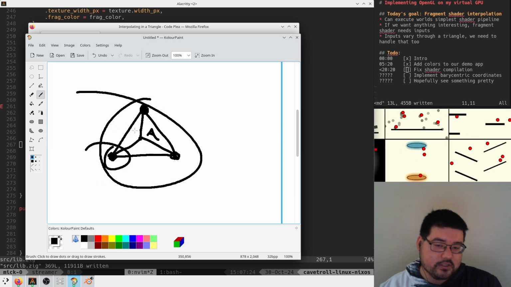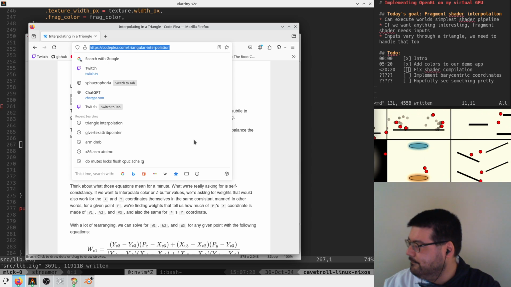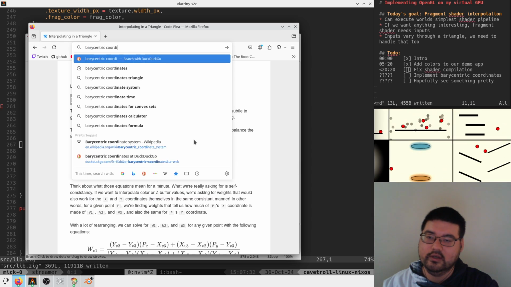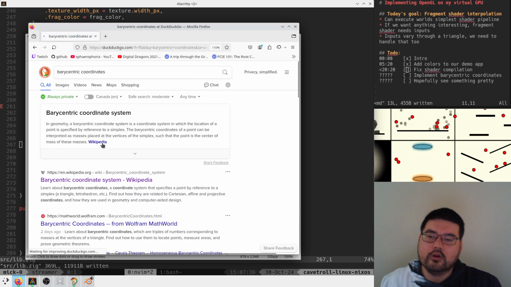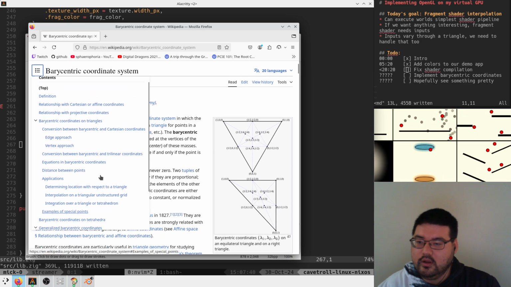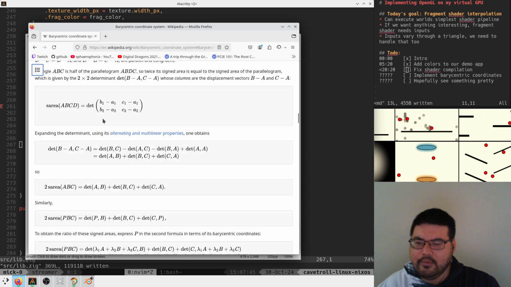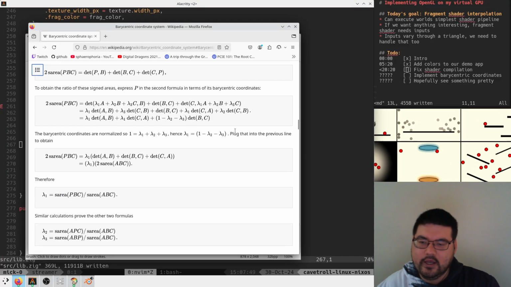And it turns out this is quite easy to calculate. I was reading about barycentric coordinates on Wikipedia, and in the article they have a chapter that talks specifically about its usage on triangles. And the short version of this is